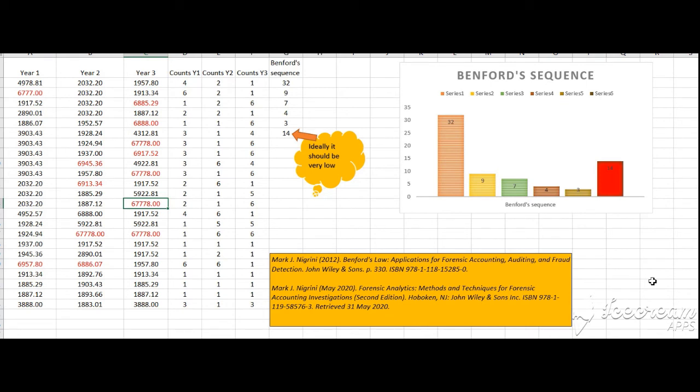I hope that in this way forensic finance finds a new way of investigation and of finding the fraudsters who are unknowingly breaking the Benford sequence. This is a big research and a big direction for forensic finance, and never forget the pioneer in this, Dr. Mark J. Nigrini. He has so far written some 6 or 7 articles and 2 books about it. Please go through those articles and books. Obviously you will get much more detail there than in this video.